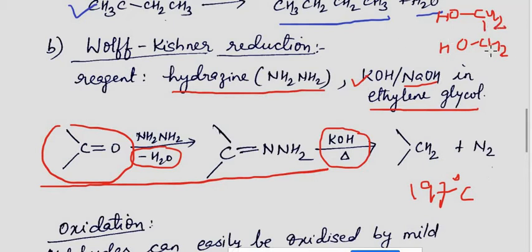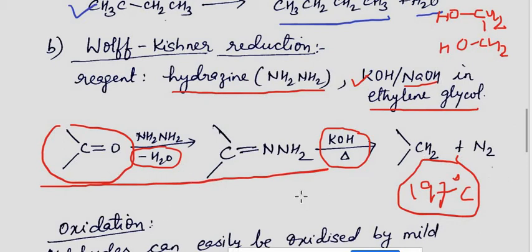So ethylene glycol is used over here as a solvent. The purpose of using ethylene glycol as the solvent is that high temperature is required for the reaction to take place, and this high boiling liquid provides the high temperature and facilitates the reduction reaction. Ethylene glycol has such a high boiling point because it has 2 OH groups, so extensive hydrogen bonding occurs. I hope this part is clear.